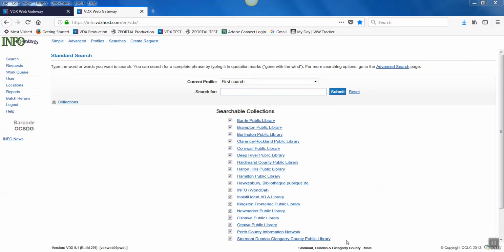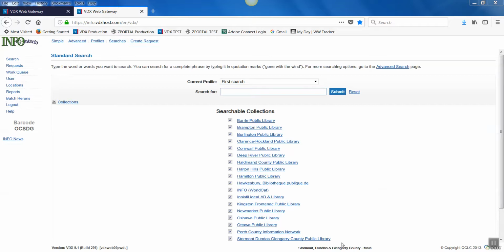And lastly, for your consideration, we know that the Z Portal interface can be used effectively by patrons to issue their own interlibrary loan requests. Z Portal can also be efficient for public service staff or branch staff to use a Z Portal account to submit interlibrary loan requests on behalf of patrons they're serving at their location. Doing so reduces overall staff handling. Paper or web forms do not need to be filled out and delivered to the centralized ILL department staff to be entered into VDX. There are two options, both of them described in the staff guide for libraries implementing Patron ILL, to consider, and which option you might choose is dependent on your procedures for patron notification to pick up